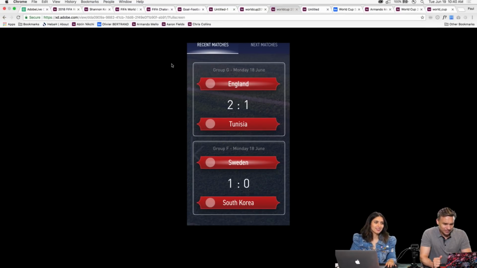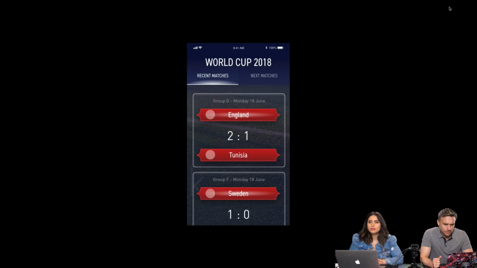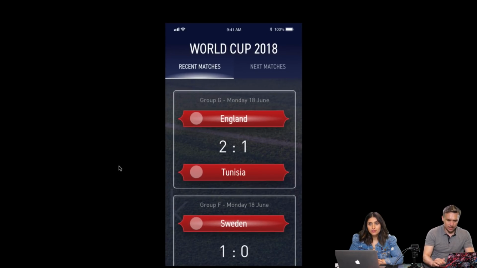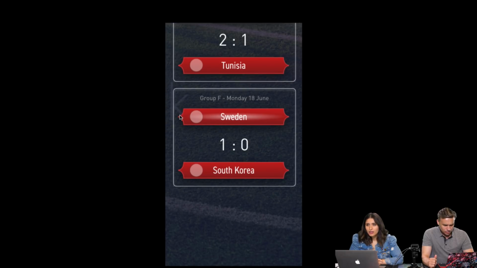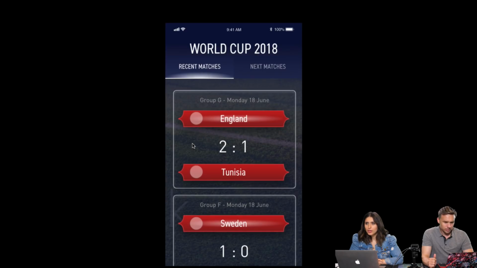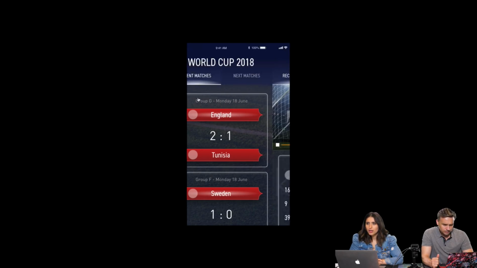Oh my God. I don't know who sent this one through. Let's check. Oh, Daryl. Okay, Daryl, great job. First screen, this looks very nice. I love that texture back there. You know, this is interesting, chamfered corners, as they're called, with a little bevel, probably created in Photoshop. I love it.